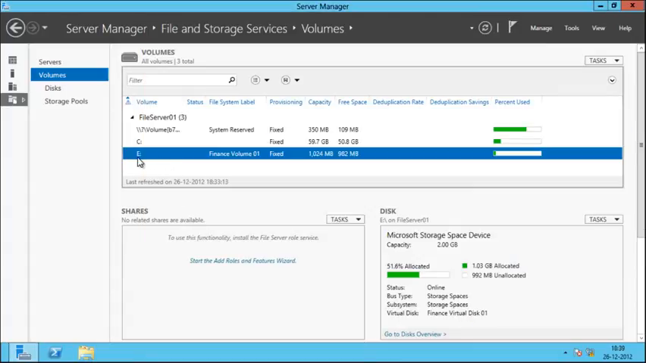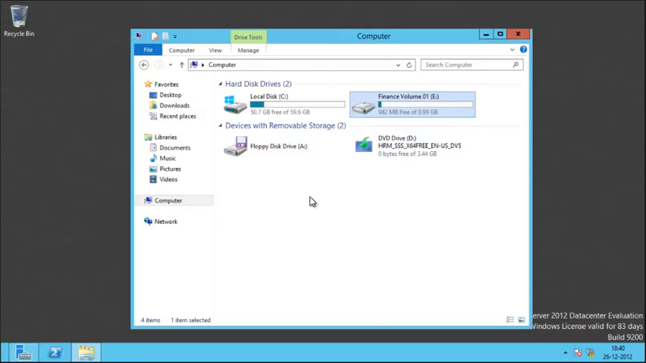Now you can see a new volume which is created. The volume drive letter is E drive and the volume label is Finance Volume 01 and the capacity is 1 GB. So the volume is listed under the server where it was created. You can also verify that the volume is in Windows Explorer. So as soon as I created and formatted and also assigned a drive letter, the new volume got mounted